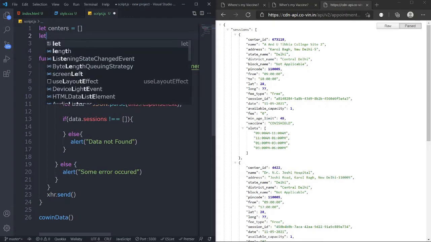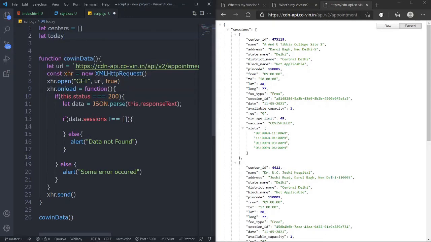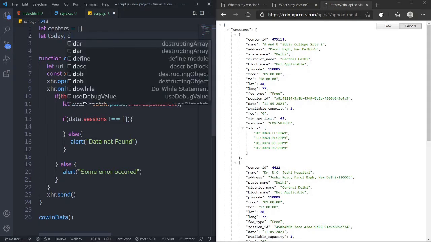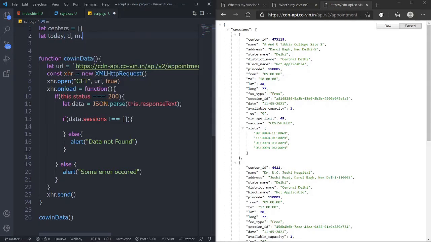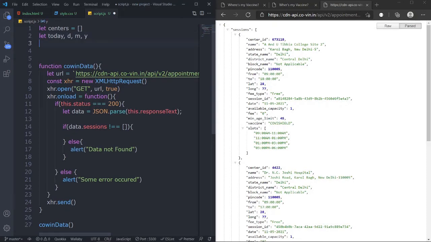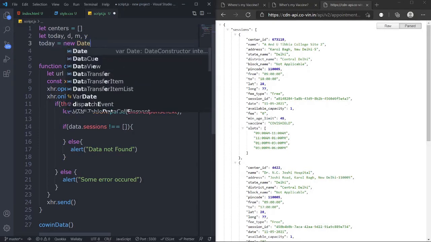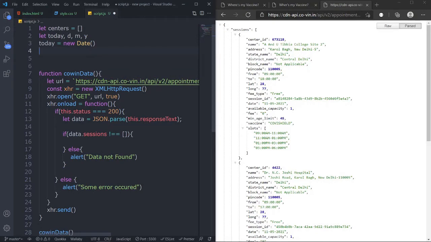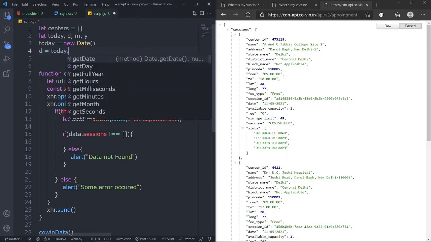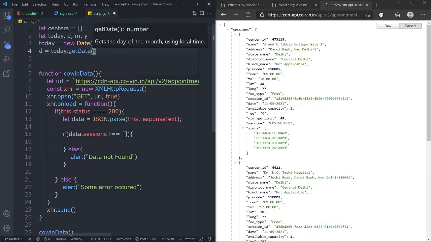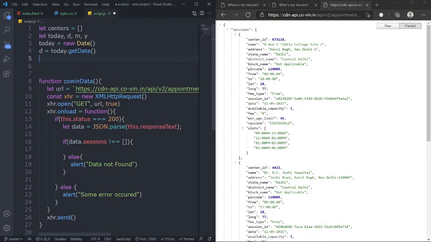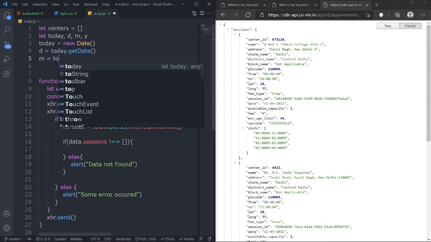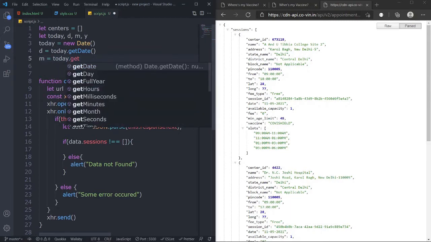So let me define some variables first of all. One will be today, then we will have d for day, m for month, and y for year. So I'll say today equals new Date. Let me define it. Okay, good. And then d is today.getDate. This function is defined, and after that we have m equals today.getMonth